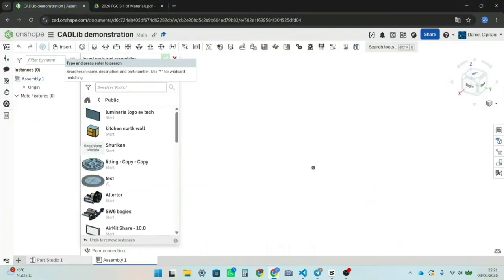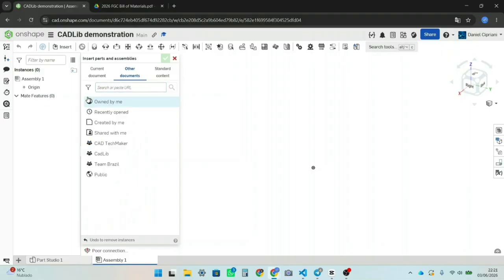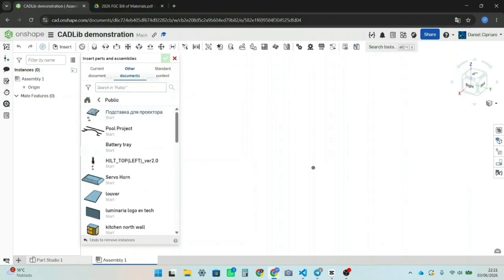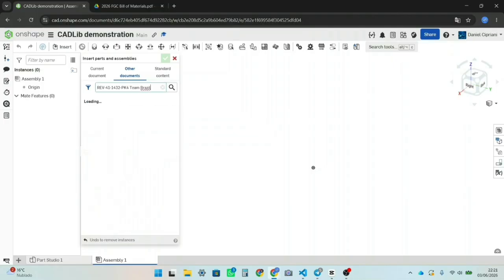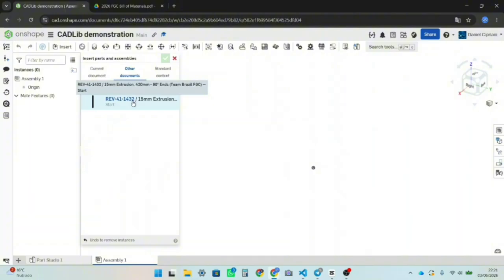Then, to insert into the document, repeat the same process. Insert, other documents, public. So after that, paste the specific part number and type Team Brazil, so the component from our library appears in the search results. As you see, all files in the library follow a name convention that includes the part number